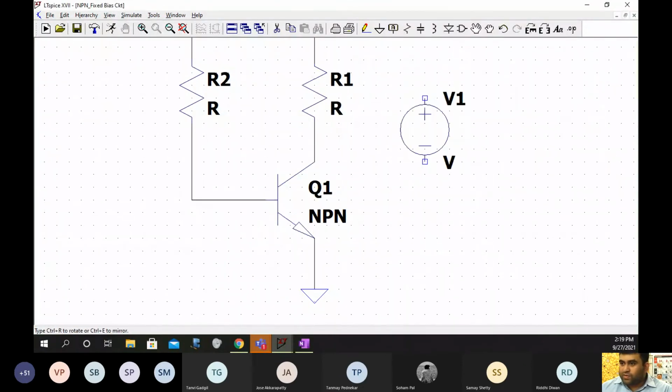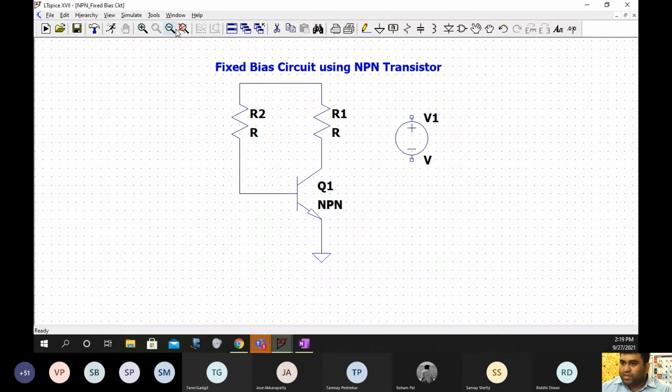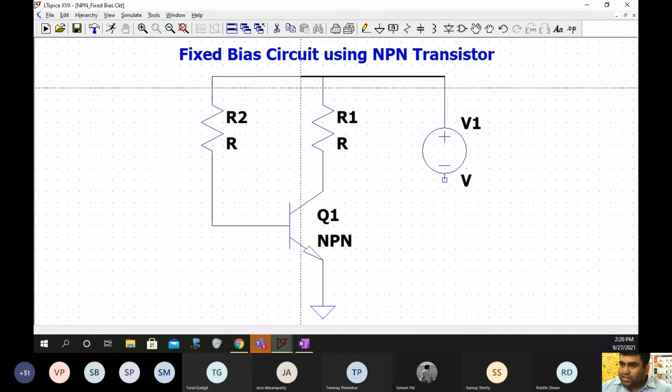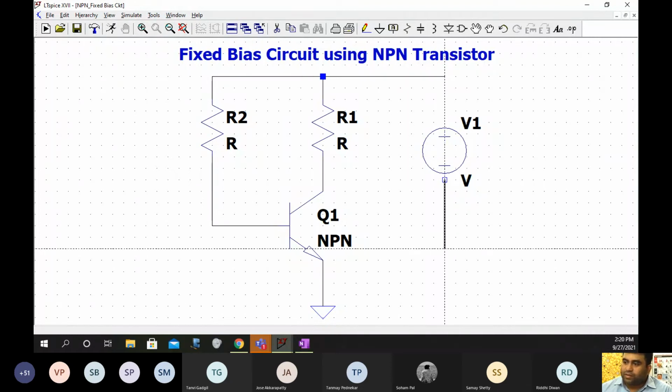We will put it here, and this voltage will be a DC voltage because what we are seeing is a fixed bias circuit, and bias circuits generally provide the DC operating point. So we can just have this here.